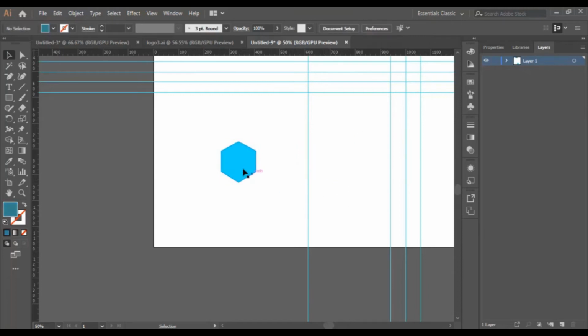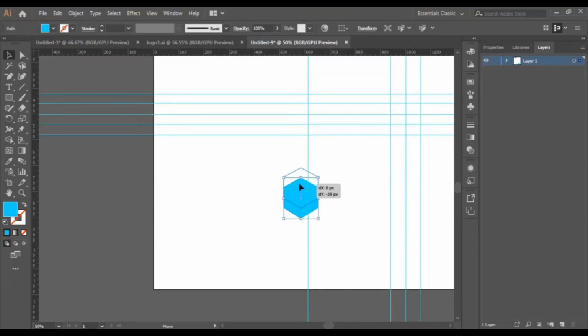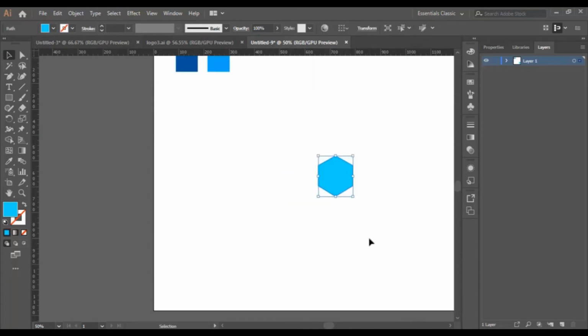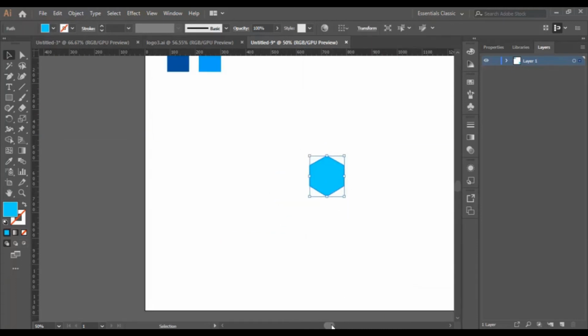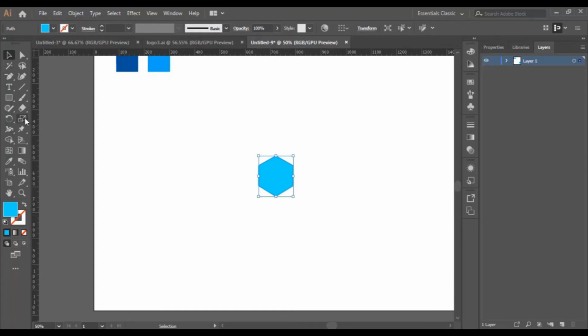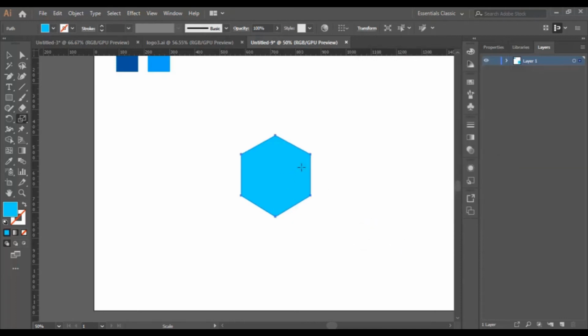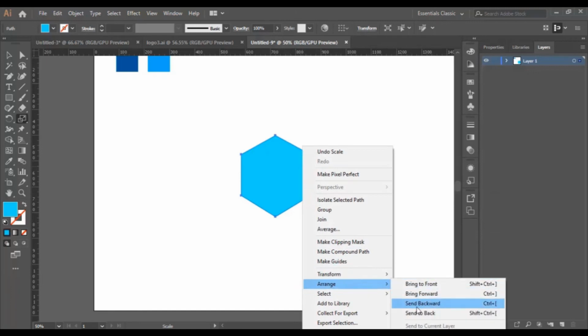Now I remove this one and I will keep this one. Now right click right here and I hide the guides. Here we are to hide the rulers. Now I'm going to duplicate the shape. I select the scale tool, double click, and I have here the uniform already checked. I'll make it 200%. We make preview to see the result, then we click copy,